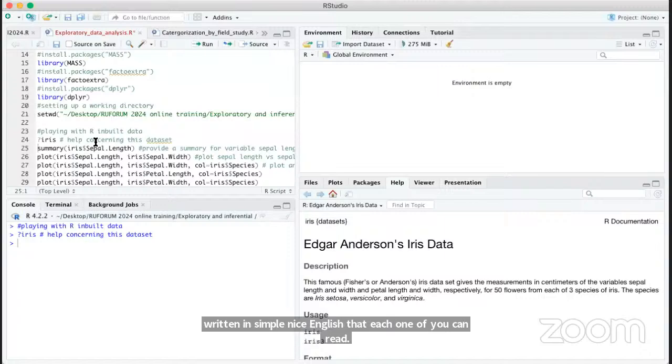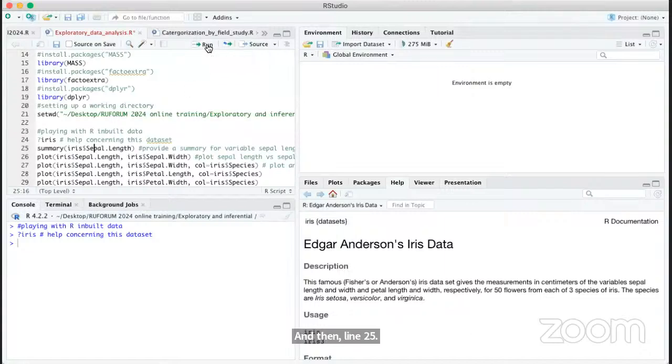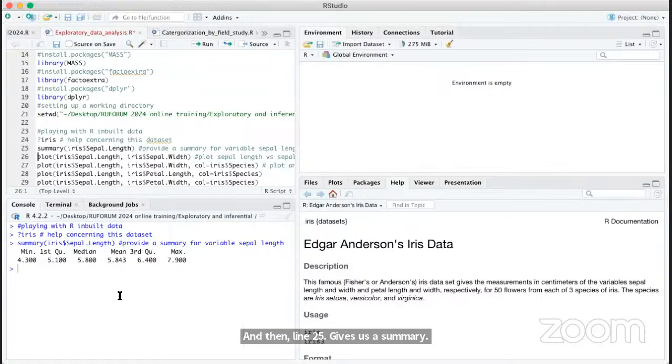And then line 25 gives us a summary. Remember, we talked about the five-number summary yesterday. So we have the minimum, the maximum, the first quartile, the median, the mean, and then the third quartile. From here, remember, Ellen told us that we need a $ sign to be able to select a particular variable